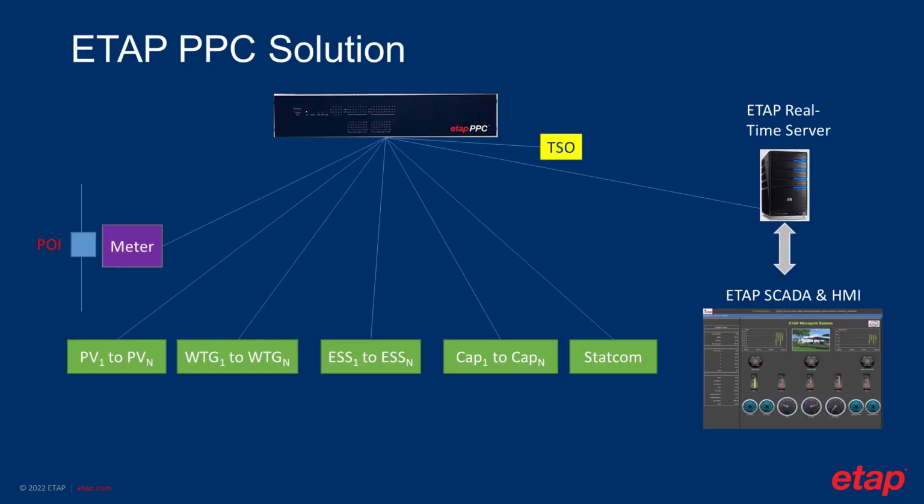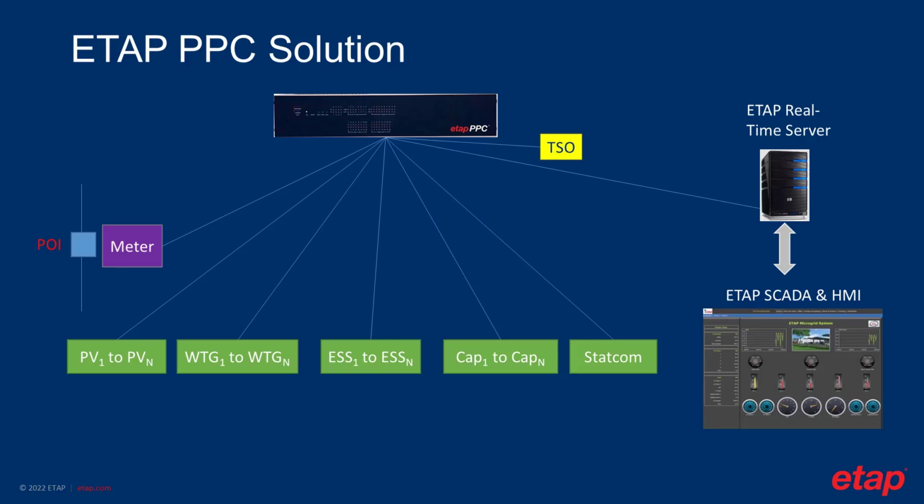Now let's take a look at ETAP PPC solution. As you can see here, ETAP PPC communicates with different assets within the system, for example, PVs, WTGs, and energy storages, and so on. And as part of ETAP PPC solution, we have ETAP real-time server that is used for monitoring and archiving the data. ETAP SCADA and HMI is another piece of ETAP PPC solution that is used to monitor and visualize the data